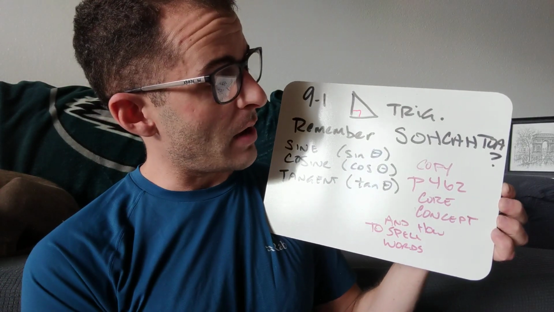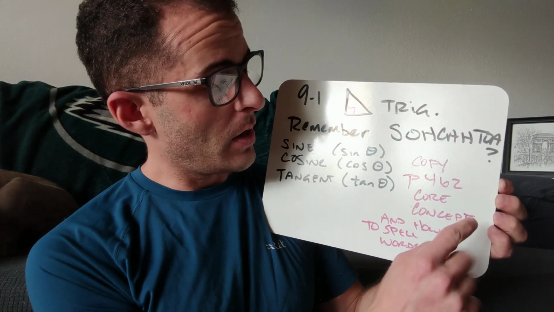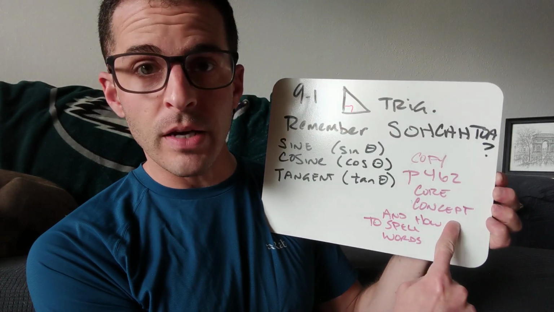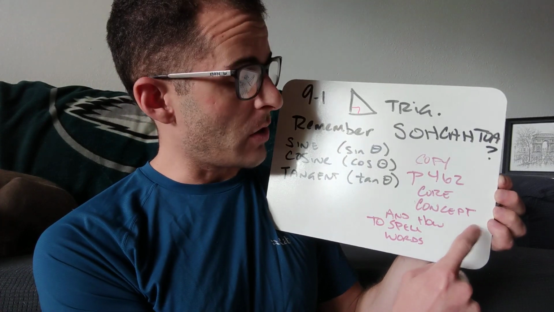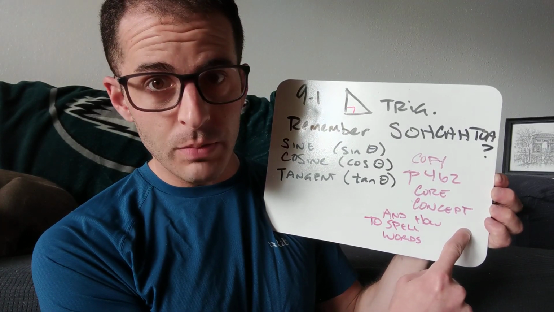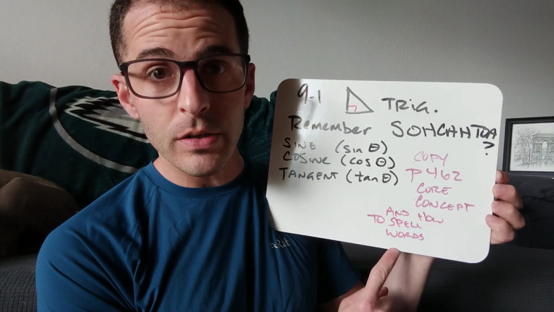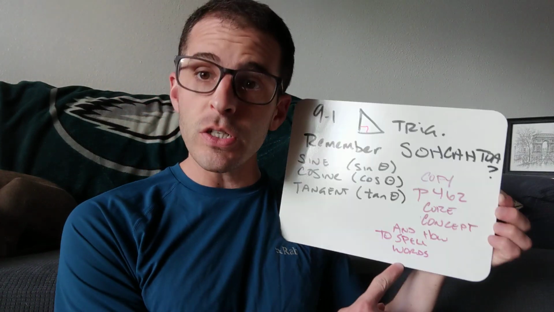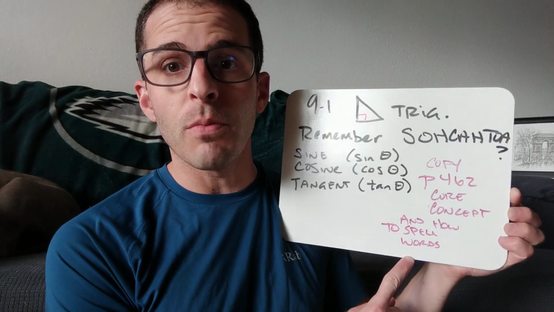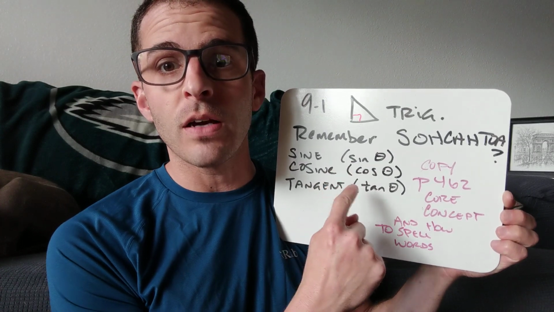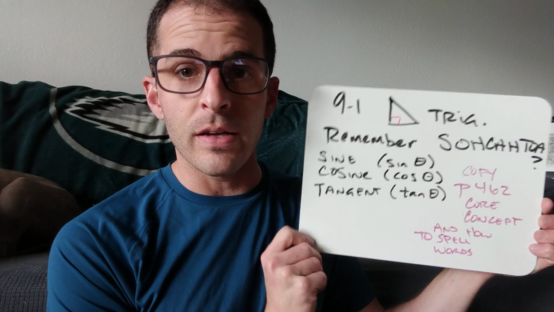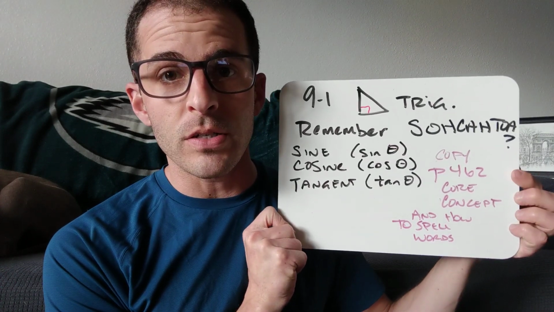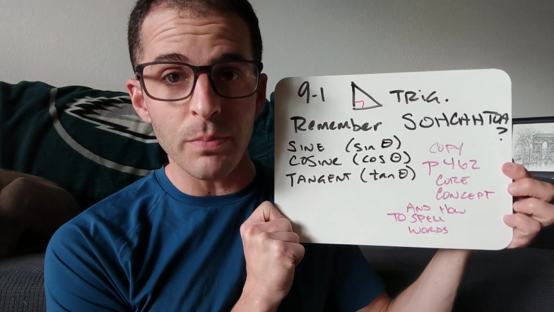You need to copy down page 462. In the yellow box, there's the core concept. So copy that down because it has some more information. And also right above the core concept is how to spell the words, and you need to listen to the pronunciation so that you can say them right. We're not saying sin, we're not saying cos, okay? We're saying sine, cosine, tan, and at some point you should pause to copy this down. So when you're done pausing,